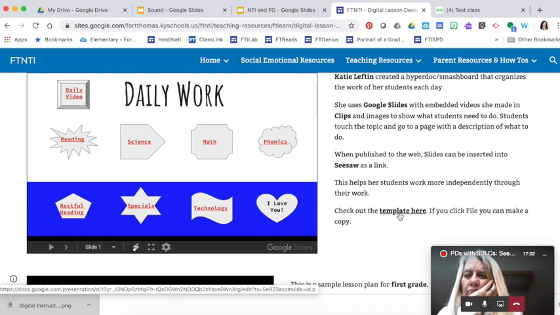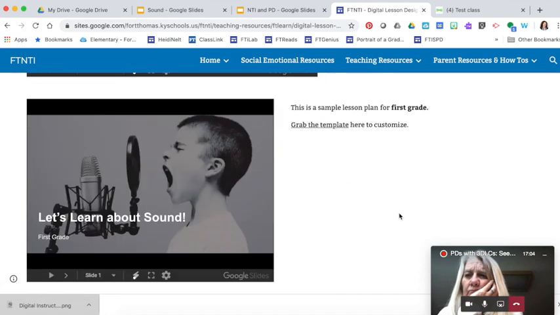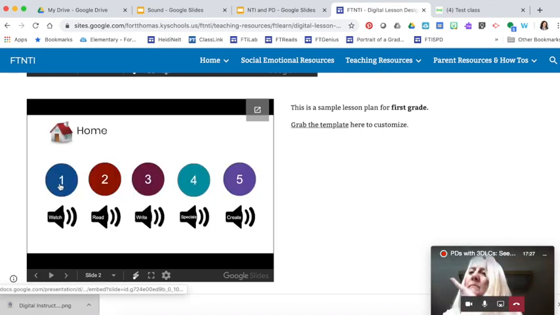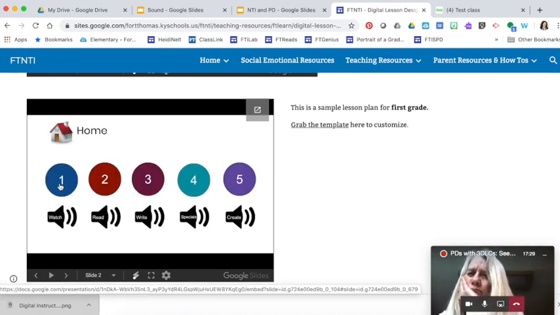Okay. I also made a first grade sample, and this goes with that engage, explore, explain, create, and connect and share model. With this one, it would be like a sound lesson, but it combines all of the possible topics they might be covering for the day. So if I advance to the next slide, it uses that hyperlink model like you see in Katie's lesson,